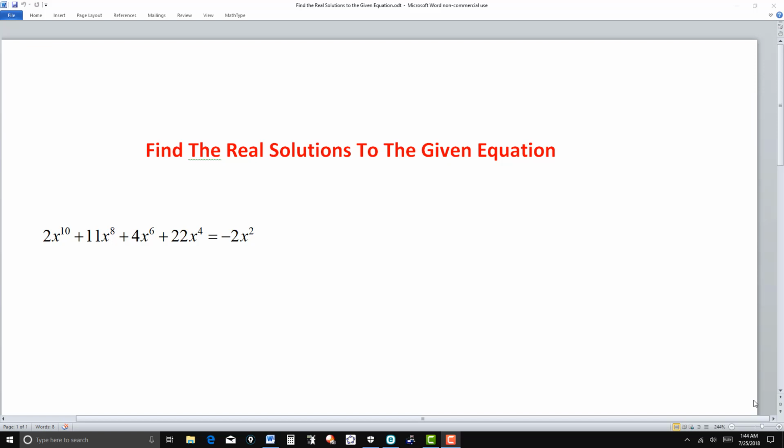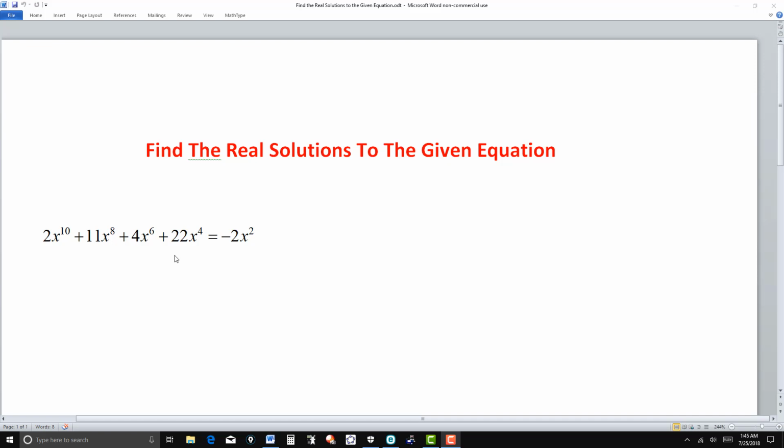In this short video, I'm posing a problem to intermediate or college algebra students, and the problem is to simply find the real solutions to the given equation. So I've got 2x to the 10th plus 11x to the 8th plus 4x to the 6th plus 22x to the 4th is equal to a negative 2x squared. So again, I'm asking you to find the real solutions to this particular equation,